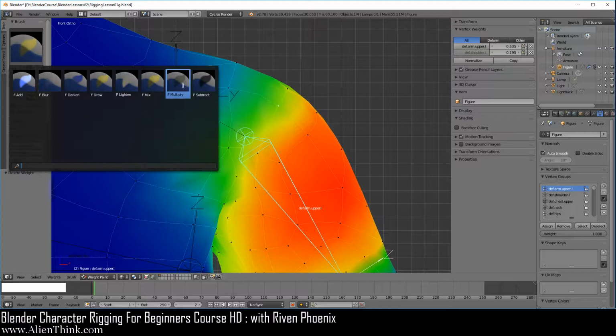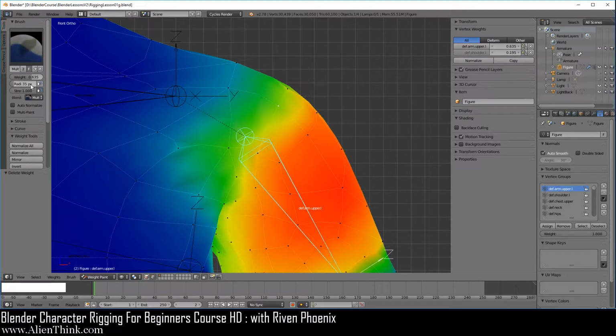Now multiply is actually very powerful. So the way this works is if you put this on 1, look at this value over here. You now click this, you'll notice that nothing is happening. Now when you bring this value down just a little bit like this, you can start to bring the value down for this number, right? So it brings it down very slowly. It just keeps going down. If you go too low over here, then it's just going to multiply at a higher rate. It's going to go down much faster. Okay, so you can put it on 1 to see how this is working.